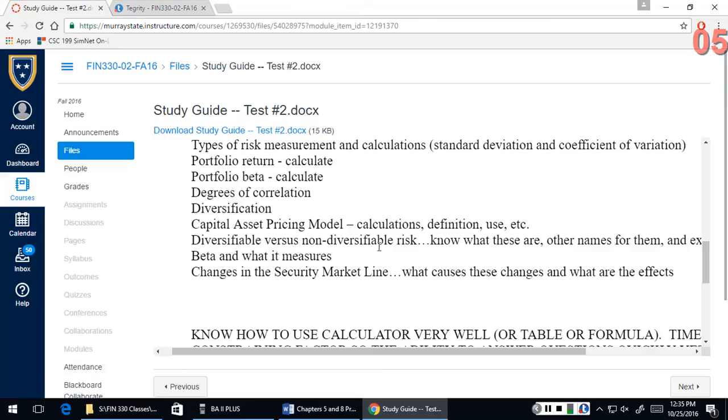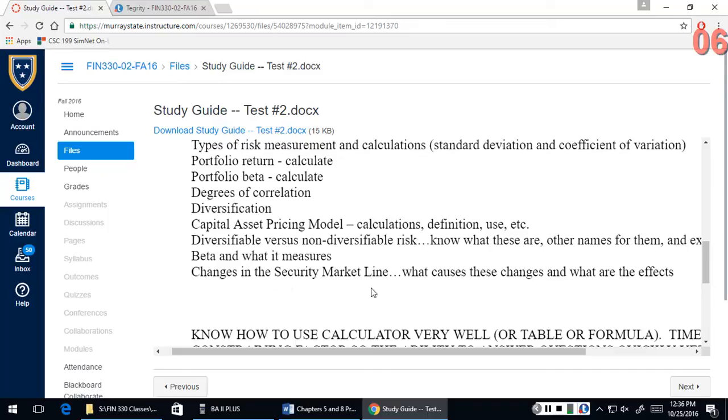Diversifiable versus non-diversifiable risk, know what they mean. Other names for them, so we said diversifiable risk is also known as unsystematic risk. Non-diversifiable risk is also known as systematic risk. Diversifiable risk can be completely done away with. We can diversify it away. Non-diversifiable risk is what we're concerned with managing as investors, and non-diversifiable risk is typically measured by beta in the context of a portfolio. And also, so know what beta is, what it measures,